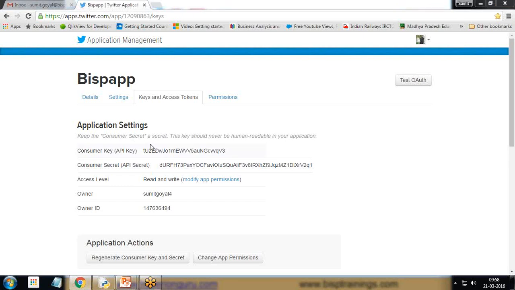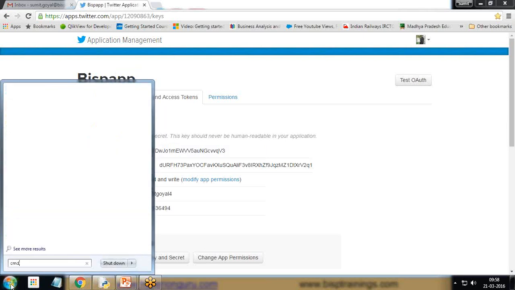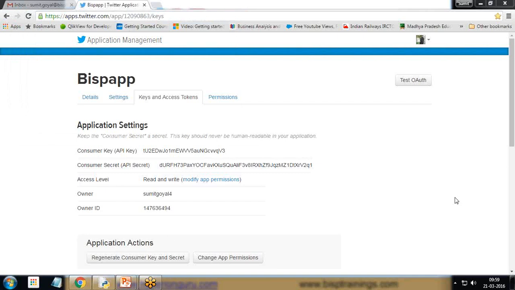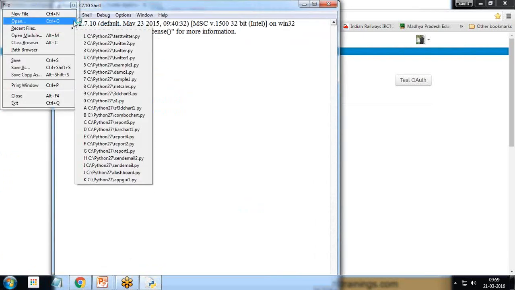The very first thing we have to do is install one library called Tweepy, which can be done by going to the command prompt, and the command will be pip install tweepy. I have already installed this on my system and it is stored under the library within the Python folder. Now I'm going to write code for reading all the tweets and storing them into a file on my D drive. So I start Python and create a new file,